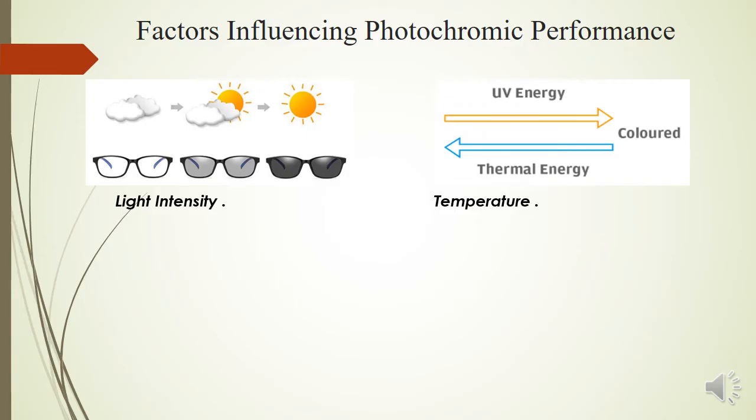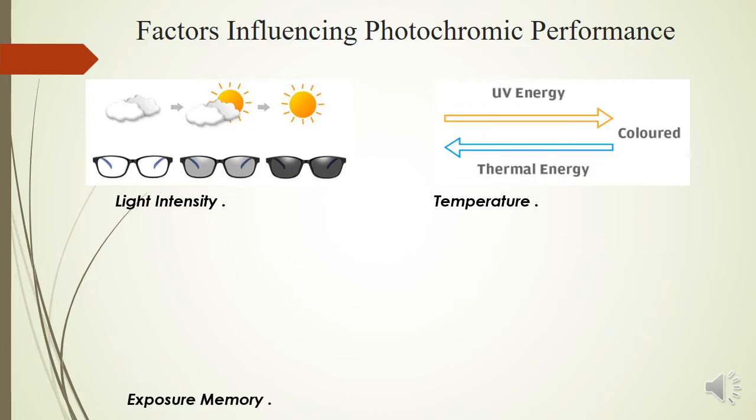So there is continuously a reaction which turns the molecules into a darkened state, but because of the temperature, or because of the thermal bleaching, they again go into a reversible state, lightening the lens. So that's why we do not achieve a completely darkened lens at higher temperature. So it is always advisable to go for sunglasses rather than a photochromic lens in very hot climates, because photochromics don't perform as well when compared to your sunglasses.